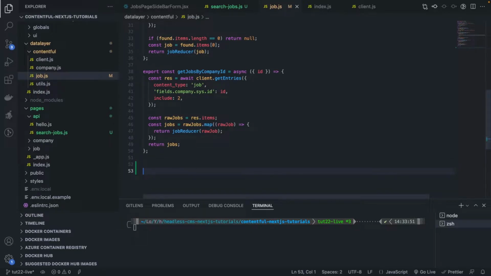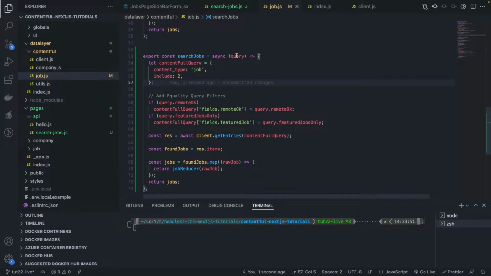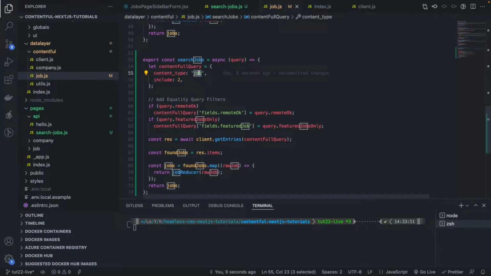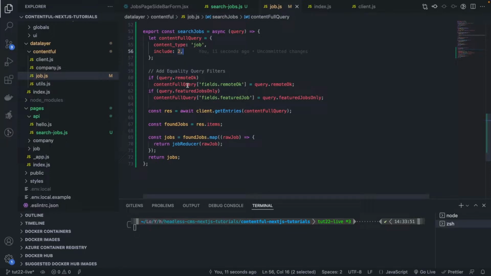So I have it here, search jobs. Very good. So basically we get the query, okay, and just like all the other queries, we need to make sure that we're filtering by jobs only, and include is to make sure that we are fetching nested references, right? And now one thing that's important to do,